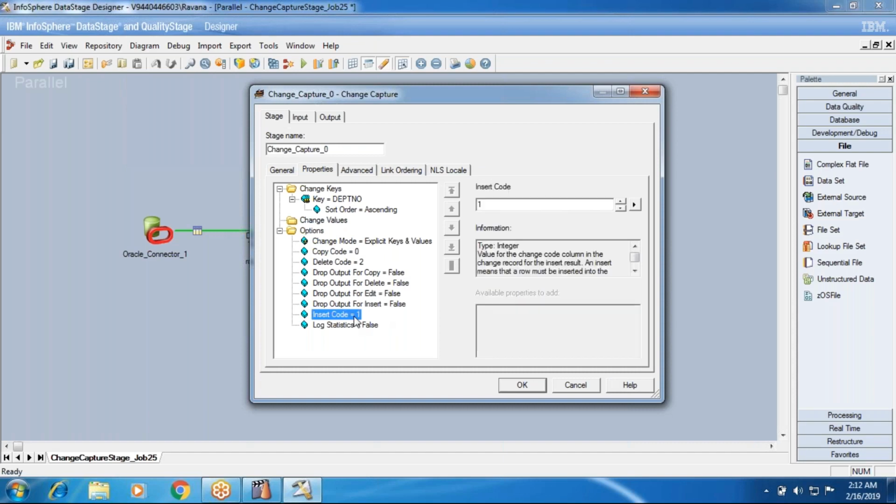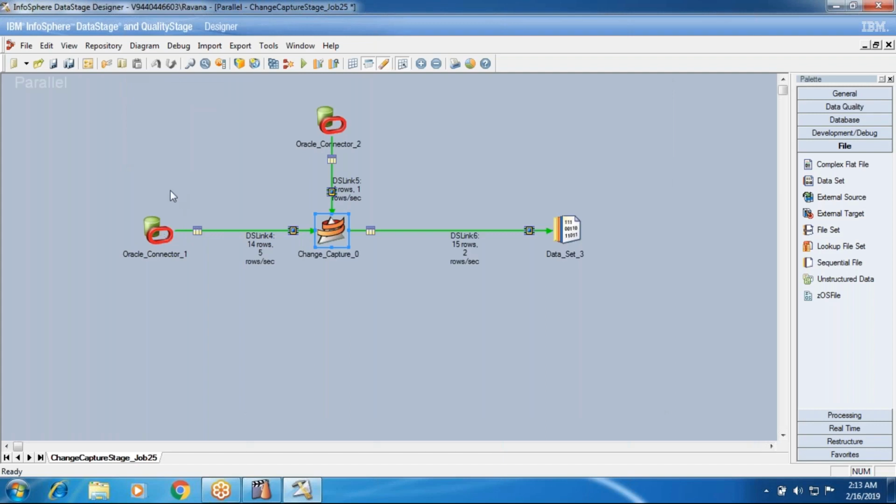And the 1 is the insert code. See, 2 is the delete code. Why is it saying that? Before, you had two 10th department employees, but after, you don't have. One 10th department record you find in after, so for that it gives 0, but for the rest of the two 10th department records it gives 2. That is a delete code. Why does it give the delete code? Because it was there before, but now it is not there after. That is the reason it is saying delete code.